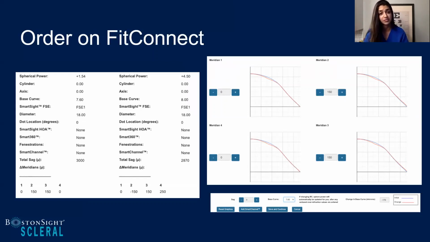And the beauty of this Fit Connect program is you can actually visually see the change that you have. So you have your changed lens, which is illustrated by the red line, and then the blue, which is your original diagnostic lens. And I also believe I steepened up her mid periphery too to shave off some of that mid-peripheral clearance.